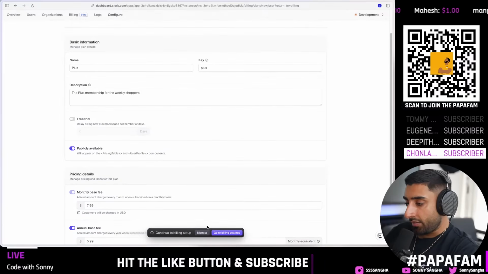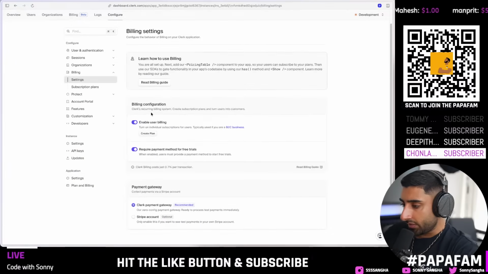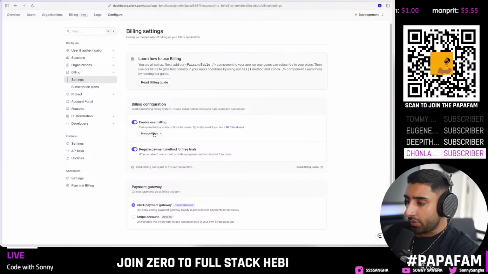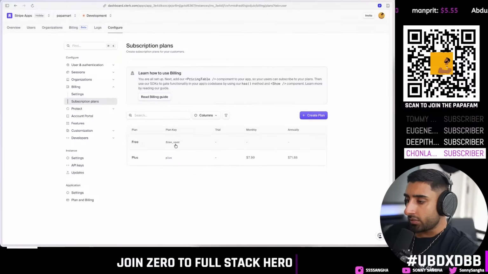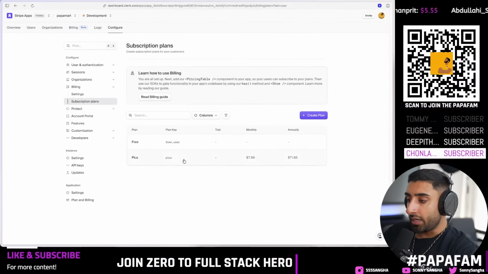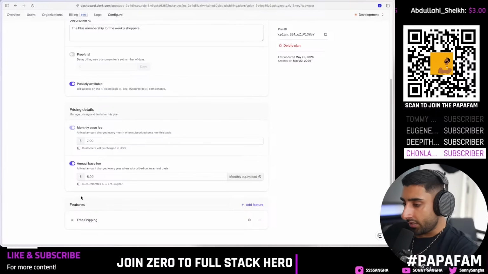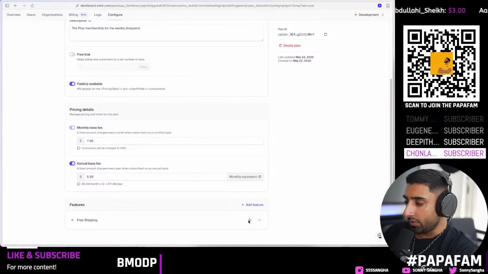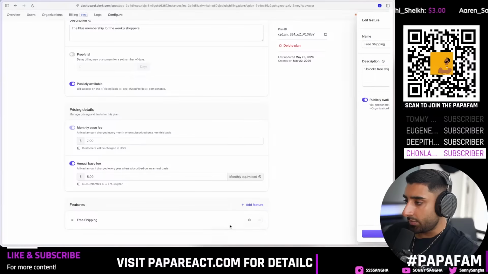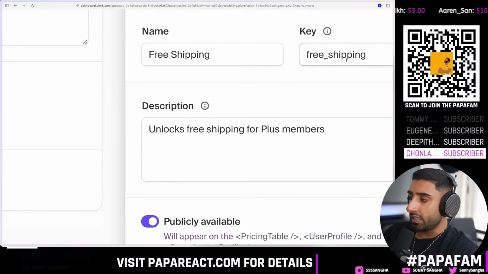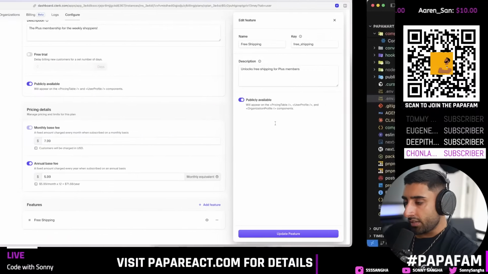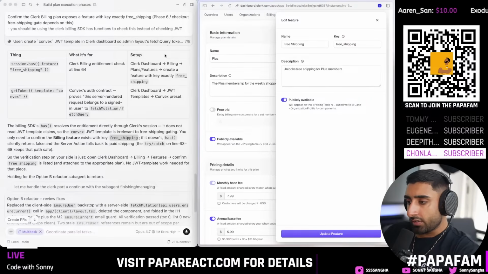So by doing that, now what will happen if we go back to billing setting, here we are. If we go to manage plans, you can see we got the free user and then the Plus member, but you'll notice that a Plus member would get given the features down here. If we click on edit feature, you'll see that unlocks the key free shipping for them,